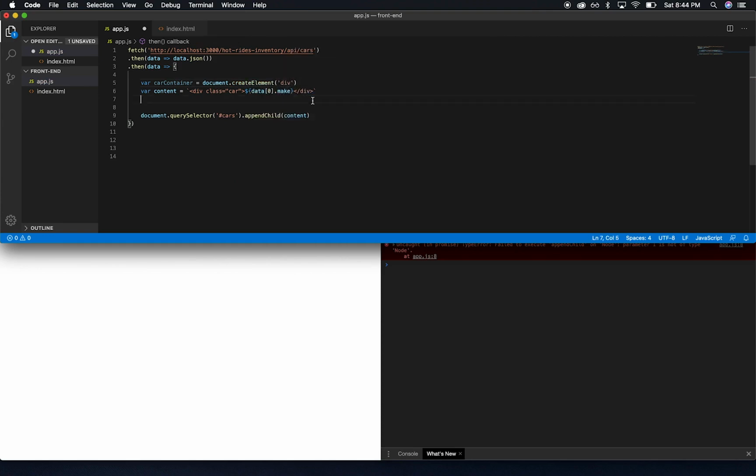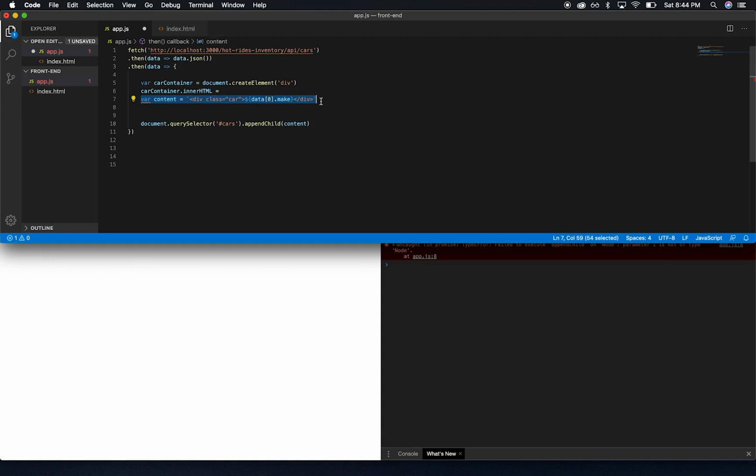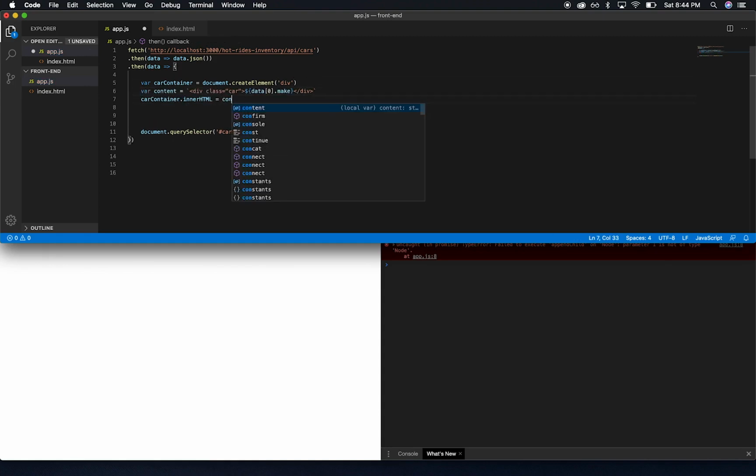Then we're going to say car container dot inner HTML is going to equal content. And now we can append this car container as a child, and we'll be in good shape to see our